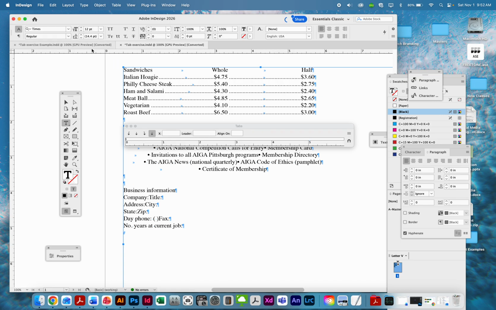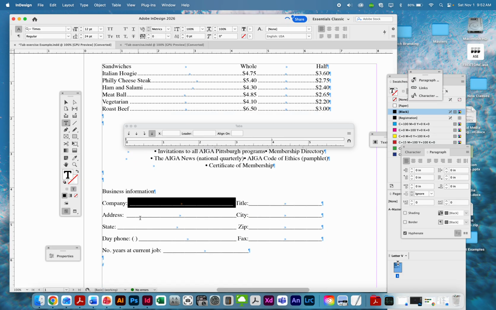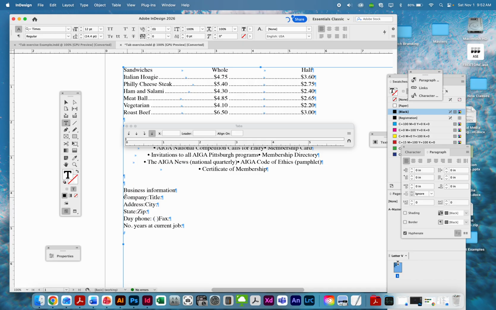So for this bottom one, you can see that the tab has just underscores, and this helps with doing forms. It's just one way to do a form. And you can see how the title, zip, all this is lined up. So that's what we want to do. We want to have a tab, and see it's missing from here. So I'm going to do it ahead of time, so it'll be easier to line up. And I'm going to do that